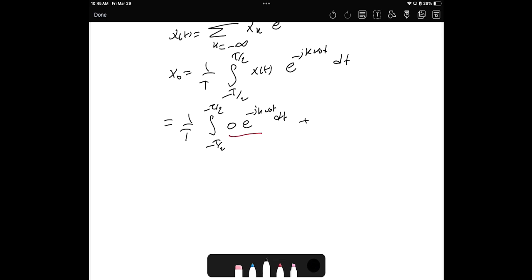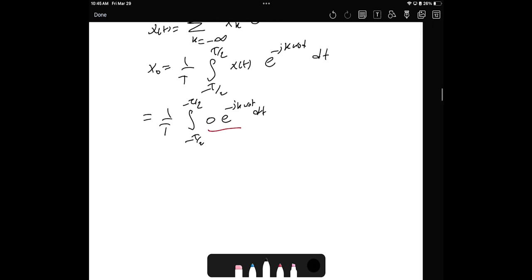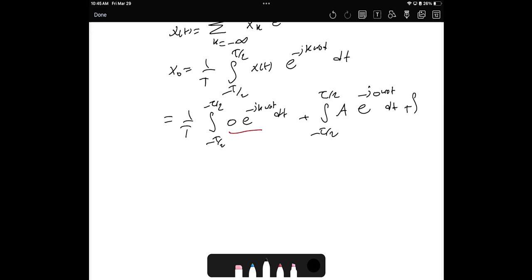Then plus the integral from negative tau over 2 until tau over 2 of A e power negative j. Here k is 0, 0 omega naught t dt, plus the third area, which is the integral from tau over 2 until T over 2, 0 e power j, 0 omega naught t dt. So this is 0, this is 0. The remaining thing,